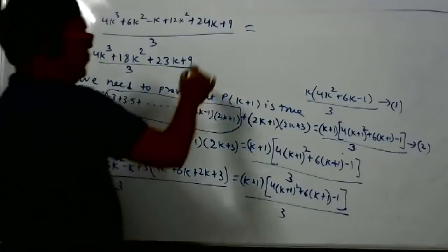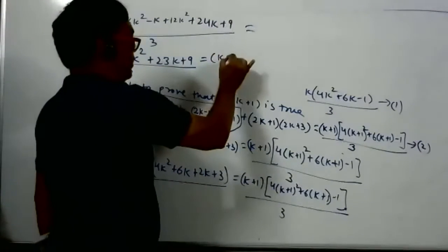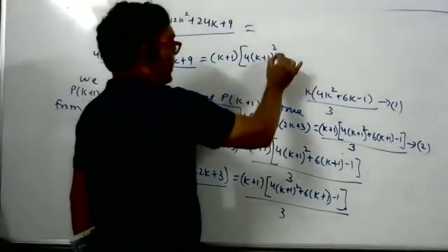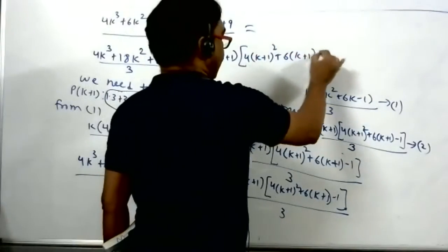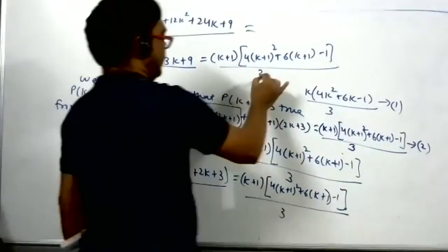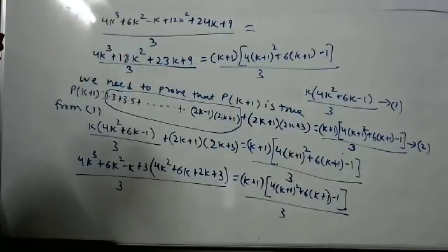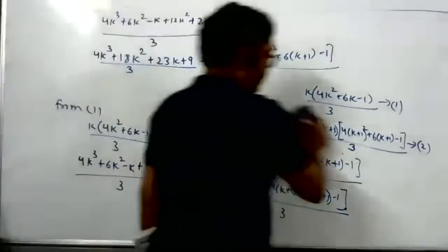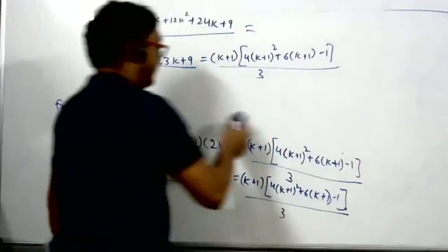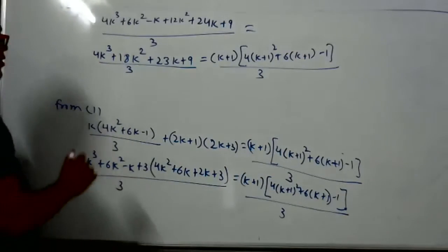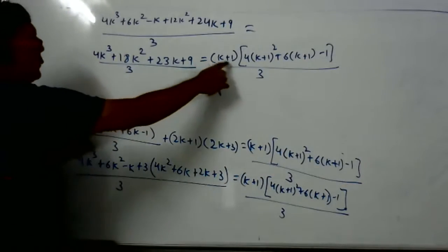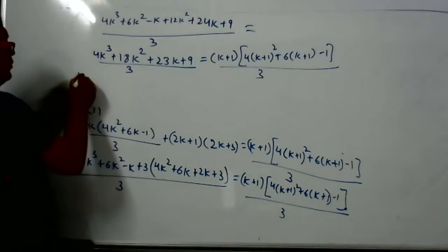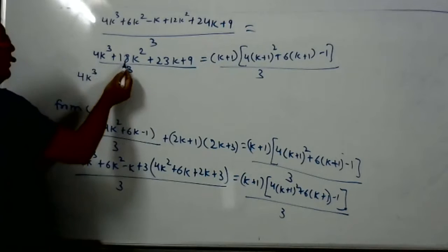And what do we want? We want the right hand side, that is k plus 1, 4k plus 1 whole square plus 6k plus 1 minus 1 by 3. You remember one day I was teaching you one method of how to factorize. Then some girl students told me that they know this method. So that method only we will apply. Now what we will do, here k plus 1 is there. Don't write now. See here. What is the first term? 4k cube. What is the second term, student?